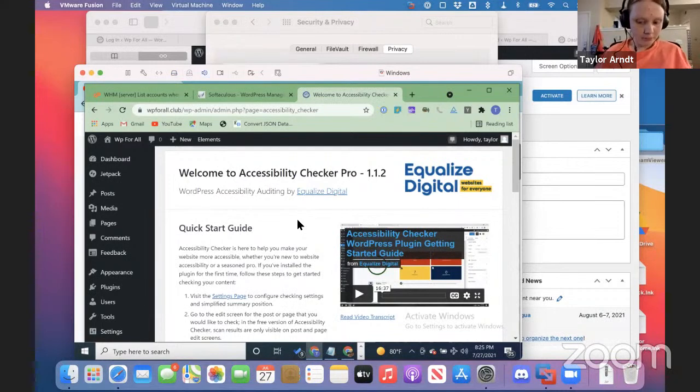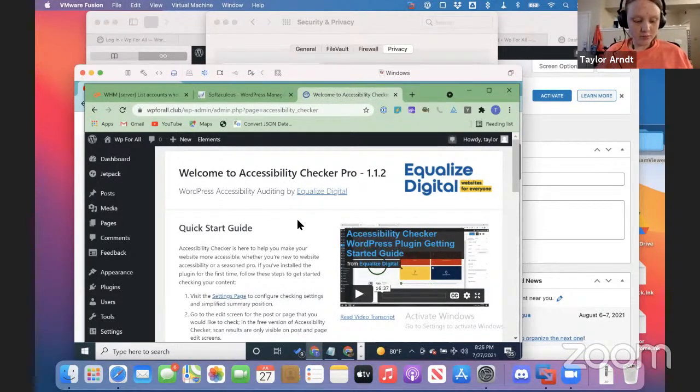Landmark. Welcome to Accessibility Checker Pro 1.1.2, heading level 2. I'm going to use my H key to skip to the headings of the page because I don't want to have to read all these 92 items above it, do I? Or however many links there are. That would be kind of hard to do. So I always use my H key to skip, and for folks watching, with a screen reader that will skip to the headings on the page.